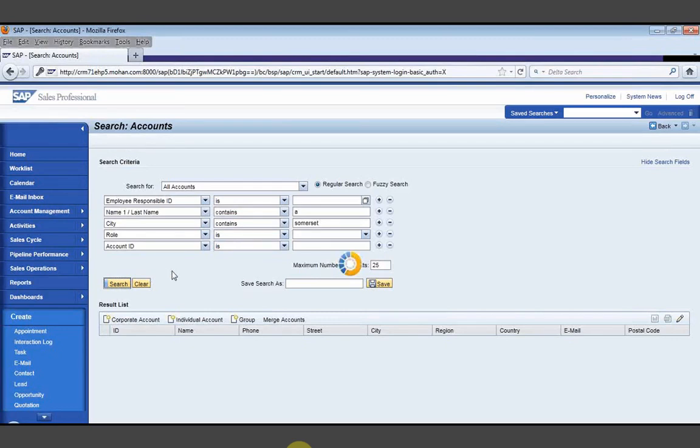Somerset city is part of the US, and the UK also has a city named Somerset. Right. Somerset County Council. Yes.